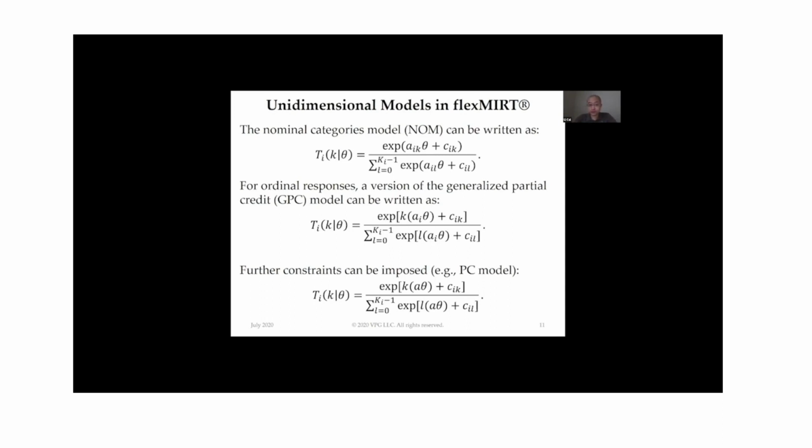And you can put further constraints on the GPC model to invoke certain Rasch-type models, such as the partial credit model. And those models have equality constraints on the discrimination parameters. So,